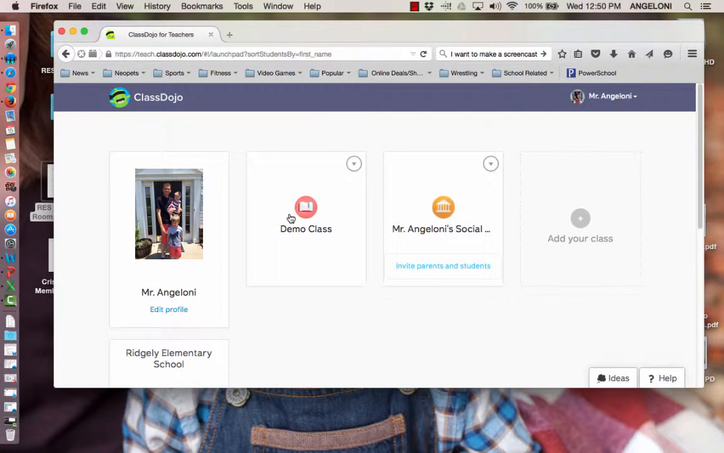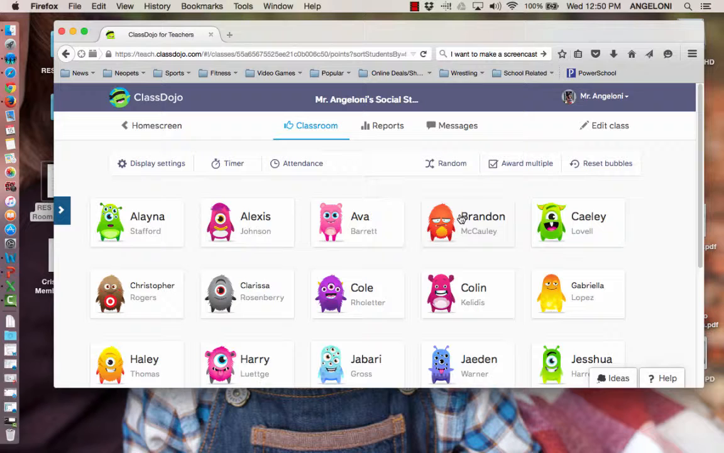Now up here you see there's a demo class that comes with the program. You can delete that later. I've already gone ahead and I've set up my own class. So let's click on that. And then you'll see here that I've already entered in a bunch of student names. Now once you enter a student name, they get assigned an avatar, which are these little monsters here. You can also have the kids pick their own avatar from a list of avatars if you want to get